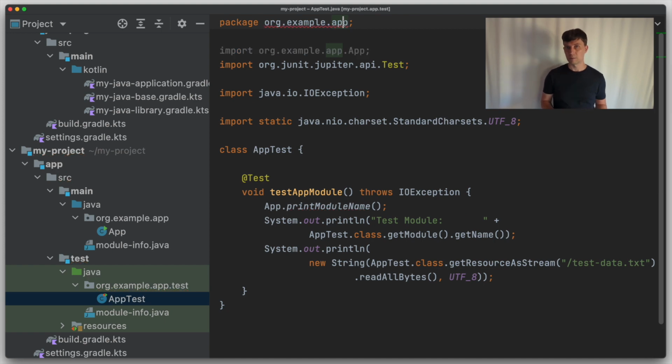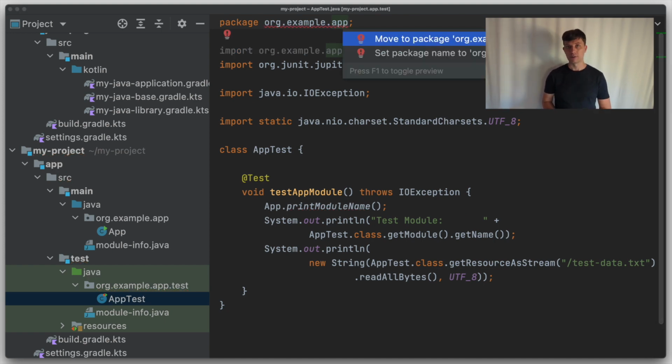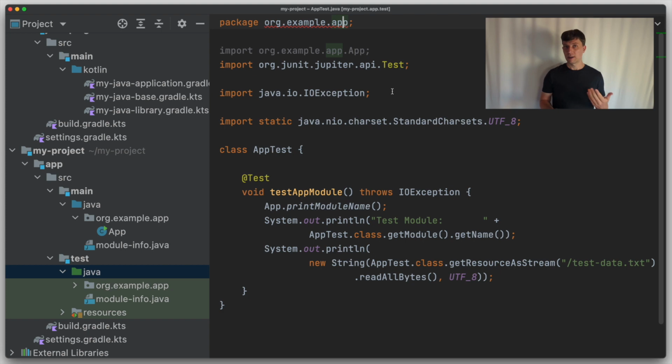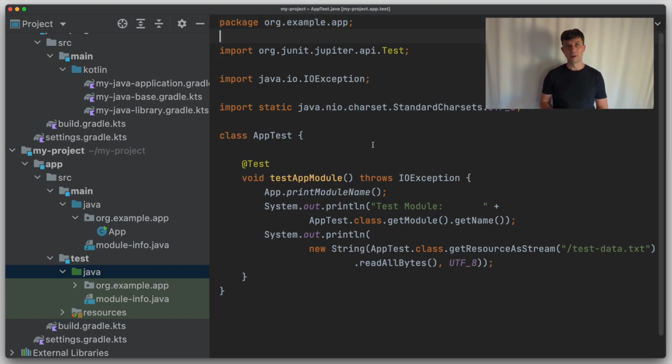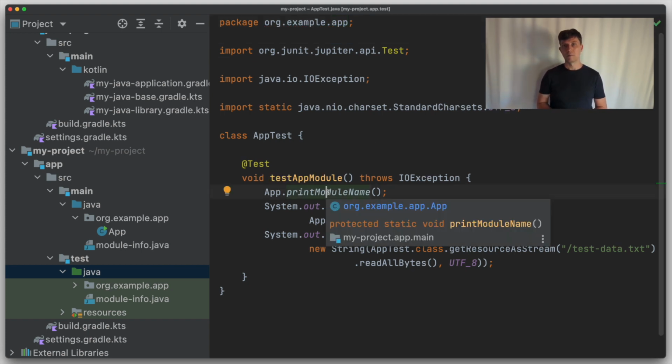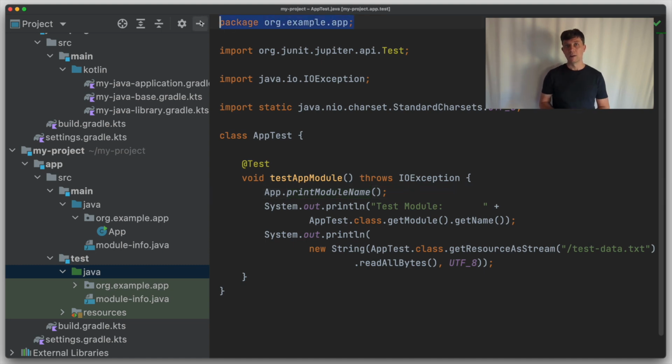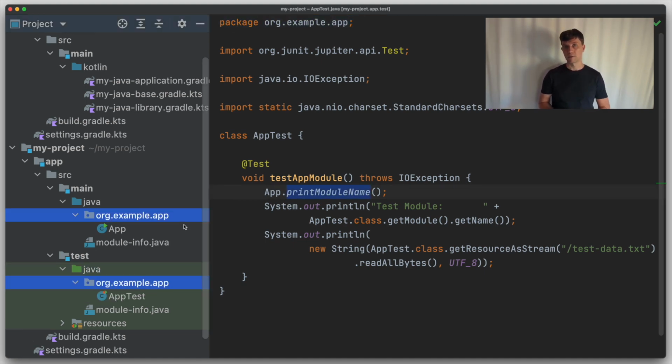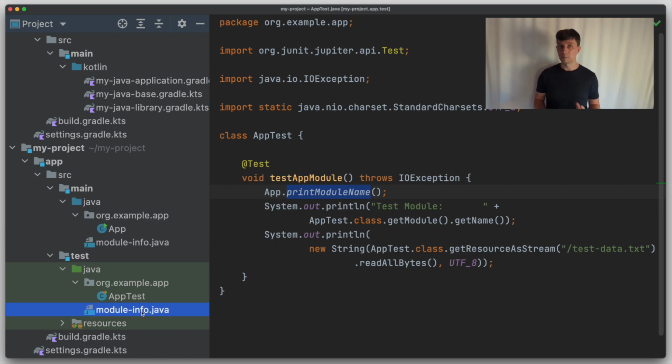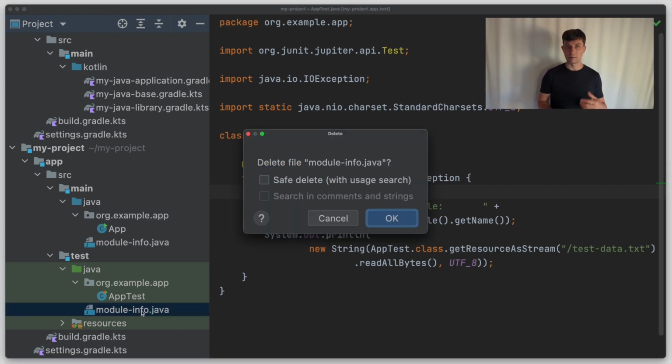And this is quite common practice and works fine on the class path. With the tests in a separate module setup we have here, this doesn't work. Because, you may remember, a package is unique to a module, so we can't have two modules with the same package. And apart from that, the protected method won't be visible anyway to the outside. So we can't do this approach of having our tests in a separate module.